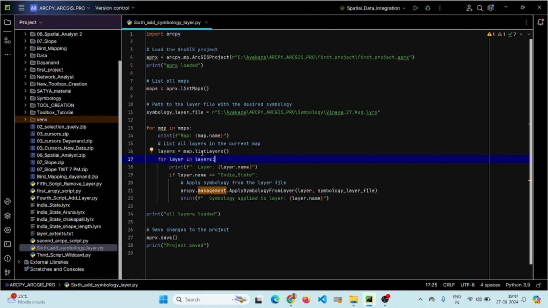Okay, when you list the layers, again go layer by layer in the layers of the first map and give me the layer name, f"{layer}". This is how to add the variable using the formatting, and check if the layer.name is equal to India state. When you go to that layer, go first to APRX, then our map. In the map, each map, look for the layer, and if that layer is matching with this name, so use